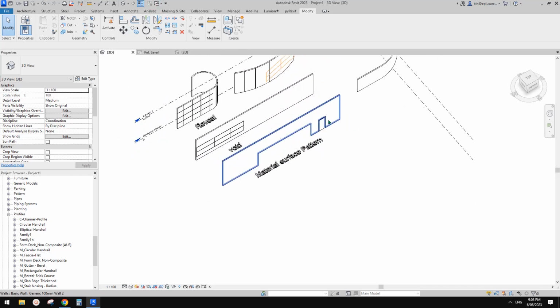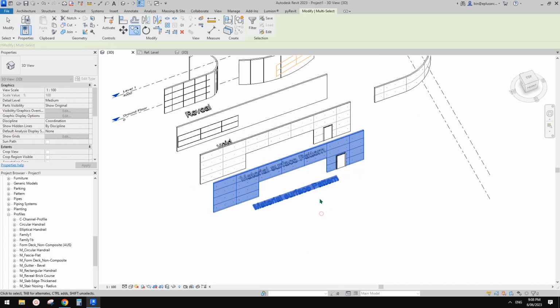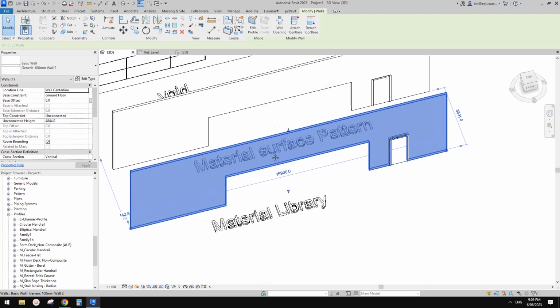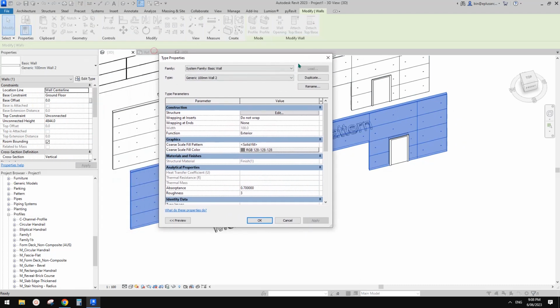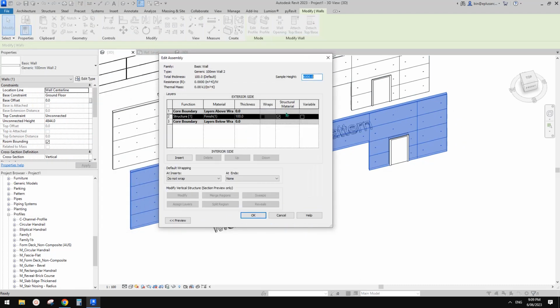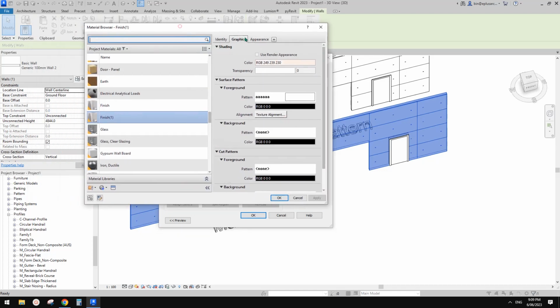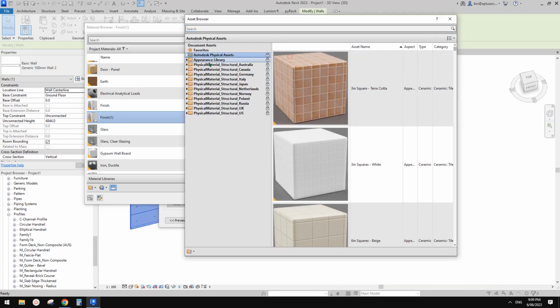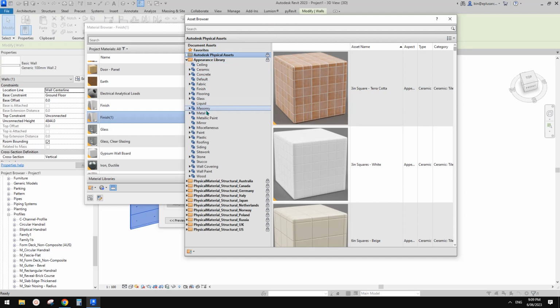So I'll just copy this one to here. So I want to have a look at the material library. Okay, so let's have a look, see if we can find some material like texture. So in the library, let's go here. I'll just click on this finish appearance, click on this one, and then on the appearance library. So this is actually quite common. We know that